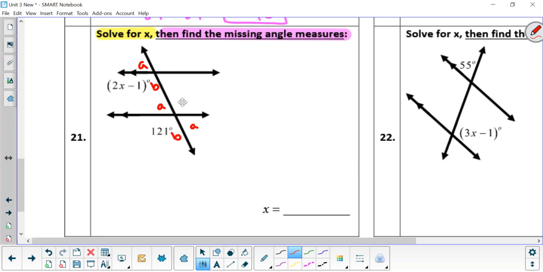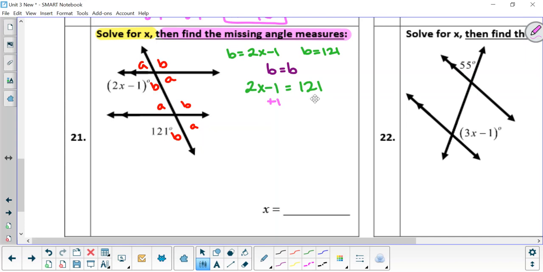Again, you're never allowed to have the same letter next to each other. So here I know that one of my B is equal to 2x minus 1, and I have another B that is equal to 121. So since B equals B,